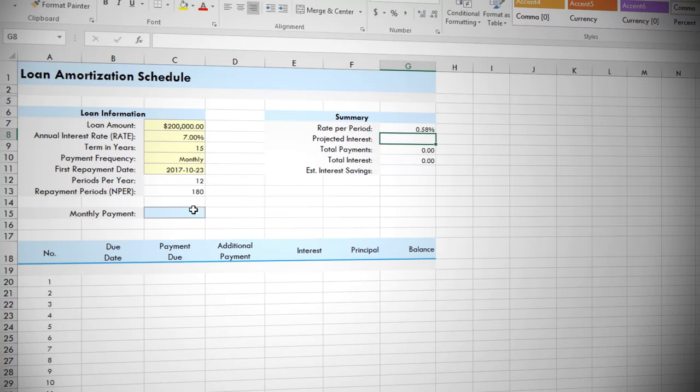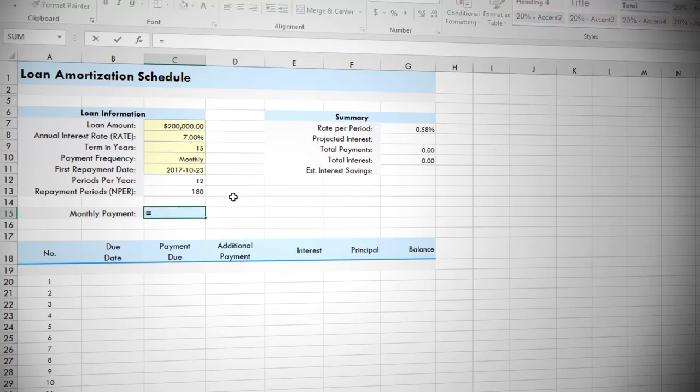Let's now go and calculate what our monthly repayments are going to be. So we're going to type equals PMT and select our payment function. Now, we've worked out what our rate will be, so we're going to click on the rate field. We've also worked out our number of repayments, so we're going to click on NPER. And our present value is the amount we're borrowing, so we're going to click on our loan amount. You will notice future value is an optional argument. If you plan to have a residual amount left on your loan at the end, then you would simply specify a future value. But as we plan to pay off the full amount, we're going to ignore that argument